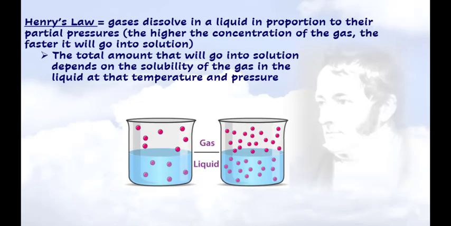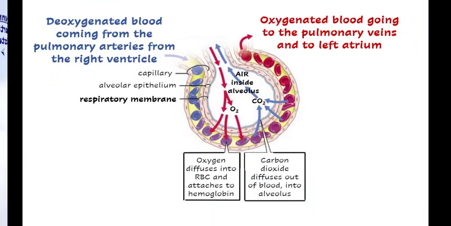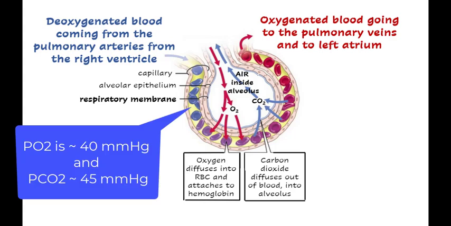This explains why we don't end up with a lot of nitrogen in our blood. Nitrogen is almost insoluble in our blood. The deoxygenated blood coming from the right ventricle through the pulmonary arteries has a partial pressure for oxygen of about 40 and 45 for carbon dioxide. The air inside the lungs, on the other hand, has a partial pressure of about 100 for oxygen and 40